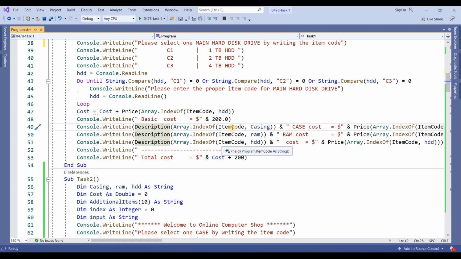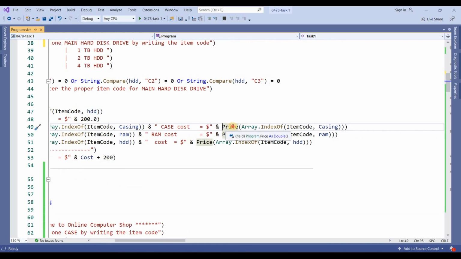Because these have the same index in all the arrays, you can find the index of the item code and then get the description value at the same index. Prices are there too. It will show the description of which item, this is the message case cost, and here is the price of that. The price is the same as I have written there, the price of the item code in the casing variable.